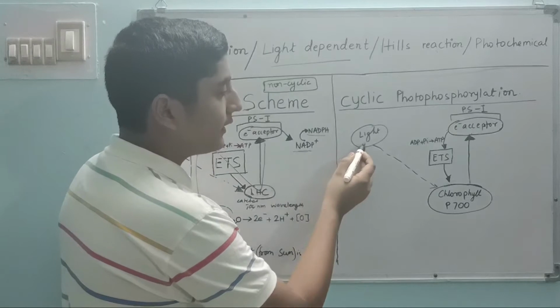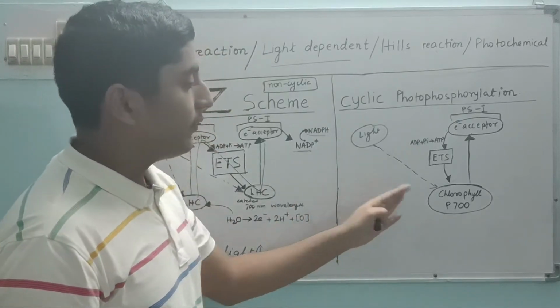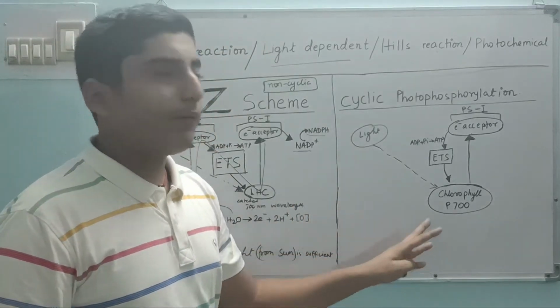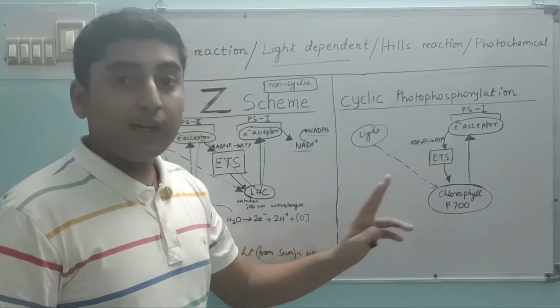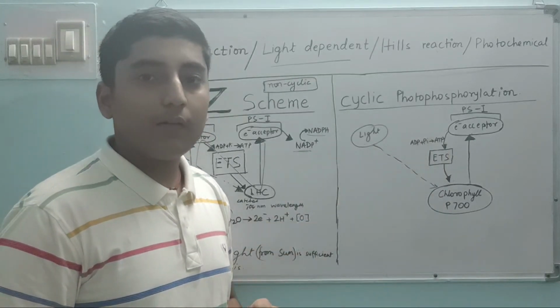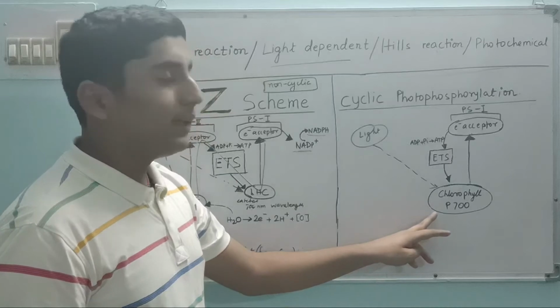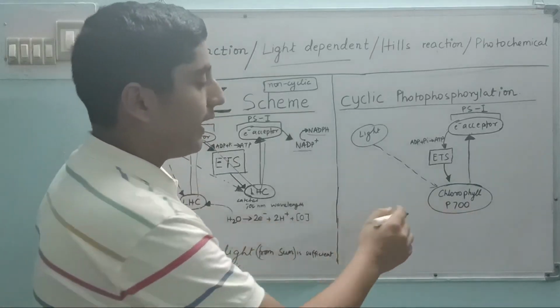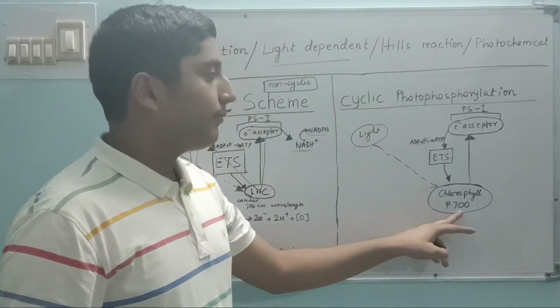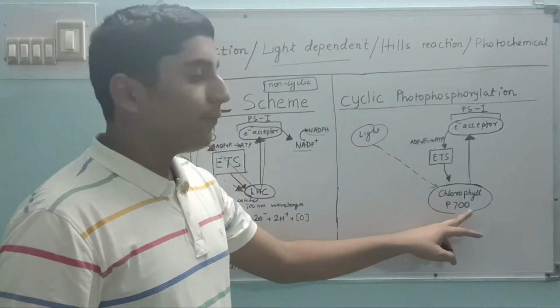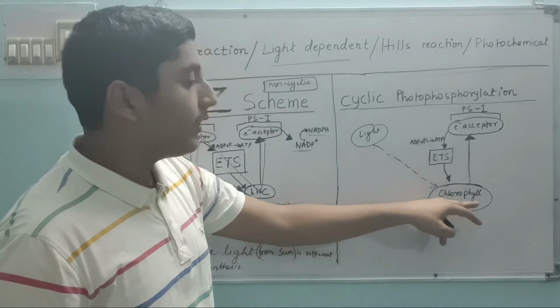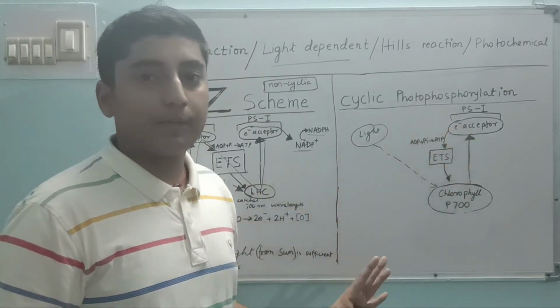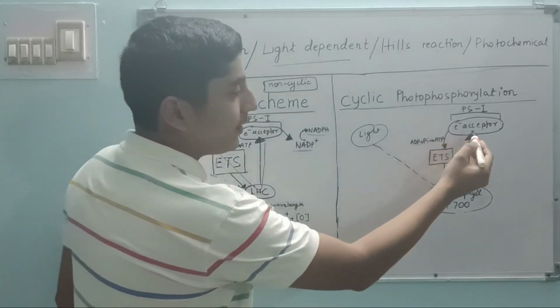So what happens when light of different wavelengths falls on the LHC of photosystem 1? The chlorophyll catches light of 700 nanometer wavelength, so it is called P700, photosystem 700. And when the light ray gets to photosystem 1, it moves to the electron acceptor,